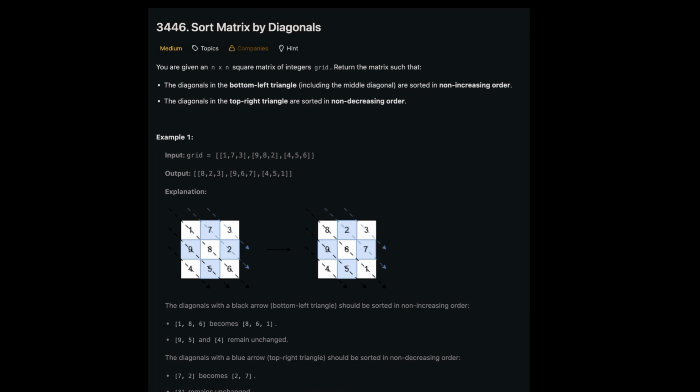Hello everyone, in this video we'll be solving problem 3446, sort matrix by diagonals. The problem statement is, we are given an n by n square matrix of integers grid. We need to update the grid where the bottom left triangle is in non-increasing order while the top right